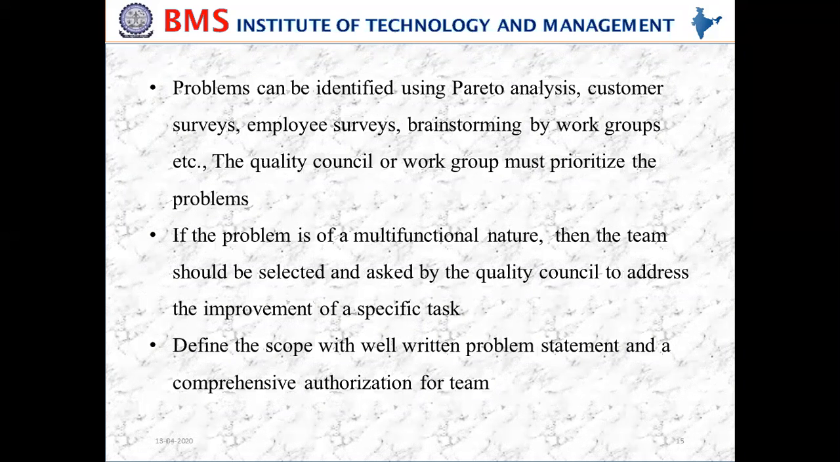Authorization will be given to the team, in the sense of giving the responsibility and authority to carry out the work. And also you need to write the problem statement well, because that will solve 80% of the problem. If you have clearly stated the problem statement, it can give the solution in a